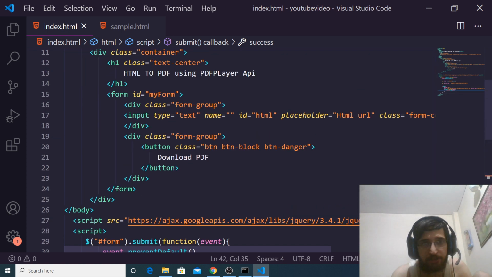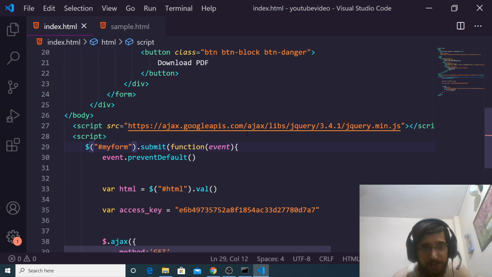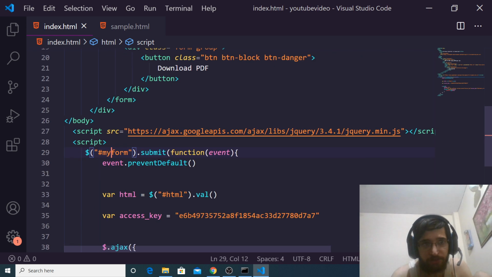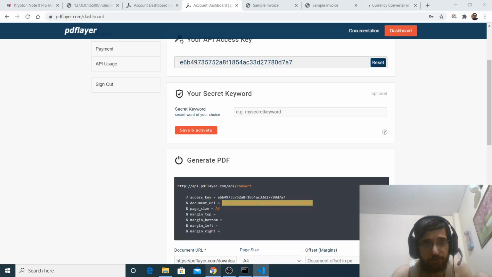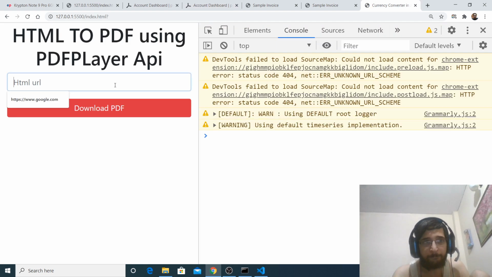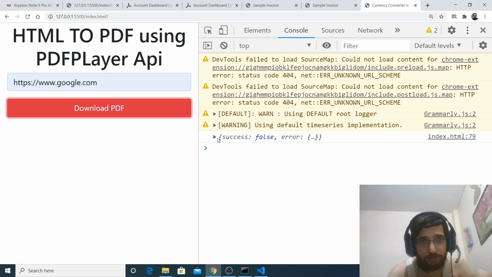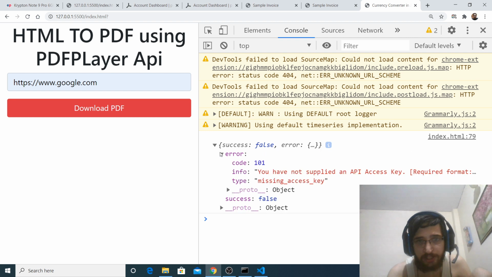Sorry, there was a mistake here. This ID needs to be myForm. I made a mistake here, the ID that we have given is myForm, so just change this to myForm. Now it should work. If I again give google.com, you will see that it is saying you have not supplied an API access key.